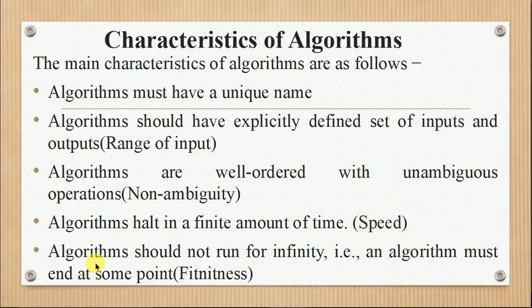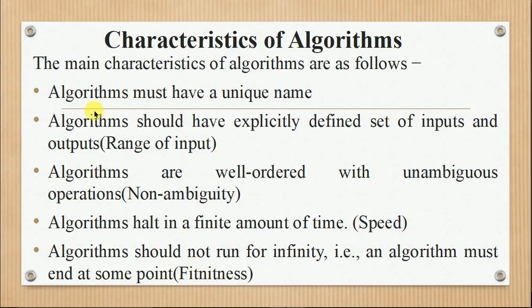And the next thing you need to be aware of is that any loops or any kind of decision or looping statement you are using should be finitely defined, because if you do not define it properly, that looping statement will execute infinitely without stopping. So in an algorithm you should specify those things properly so that it does not run for infinity. An algorithm must end at some point. That property, or characteristic, is nothing but the finiteness of the algorithm.